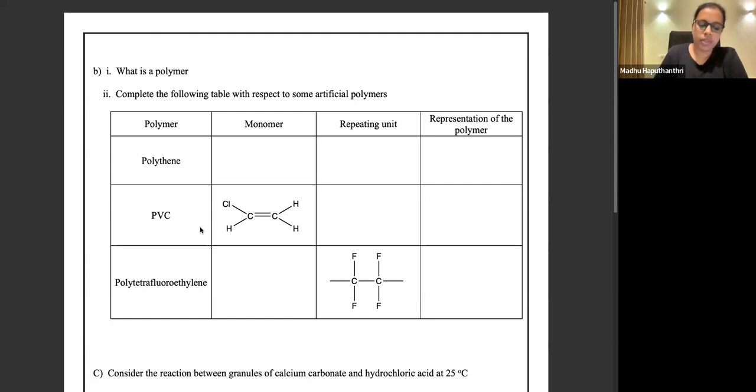So O-levels is not the hardest exam in the world or in Sri Lanka, obviously. That would be A-levels. But O-levels is very, very important in so many aspects. One I highlighted, especially when you are choosing the A-level subjects. So whether you are intending to do science subjects or not, try your level best to complete all the O-level papers in a nice way. And a very limited number of days are left.